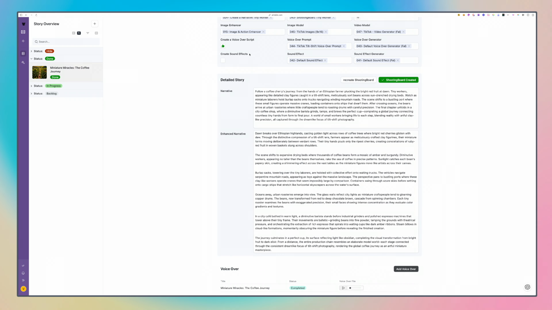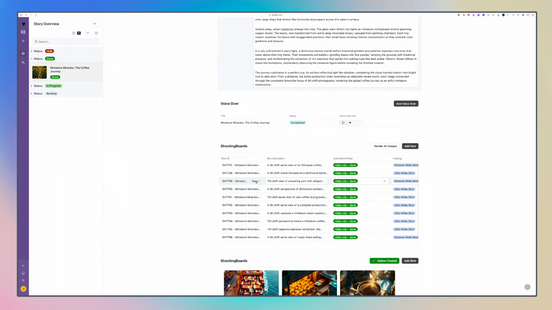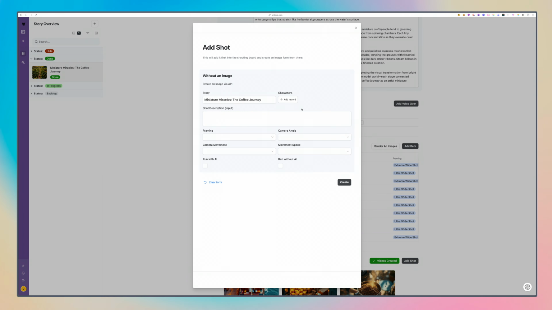We can also generate sound effects on the go. We can recreate the shooting board here, like what we have. We can, of course, add items. For example, we have a shooting board here, but now we feel like, oh, there is a shot missing inside. We can add the item here, of course add a character, write a short description, and just pass it to the AI to do also the